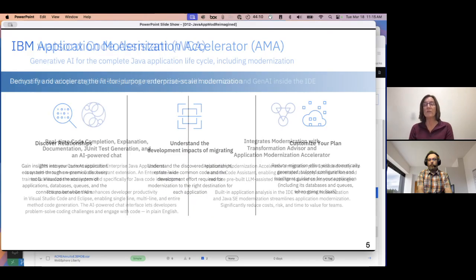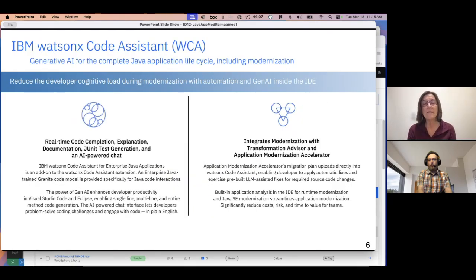I do want to mention in the coding area, IBM watsonx Code Assistant, or WCA, and there are some sessions, I believe both tomorrow and Thursday, focusing in on WCA. I will focus in on how we have embraced modernization as a part of the genAI